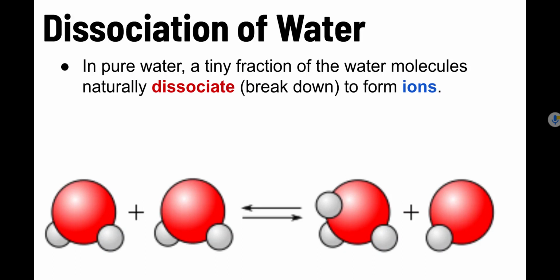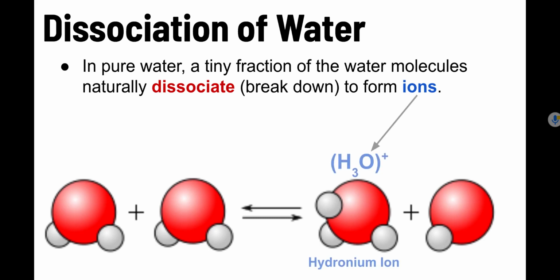In pure water, a tiny fraction of the water molecules naturally dissociate. That word just means to break down. And when these water molecules break down, they form ions. So look at the picture at the bottom. One of the water molecules on the left has dissociated or broken down, and one of the hydrogens, those are the small white balls, has moved places. The movement of that positively charged hydrogen results in the formation of these two ions that you see on the